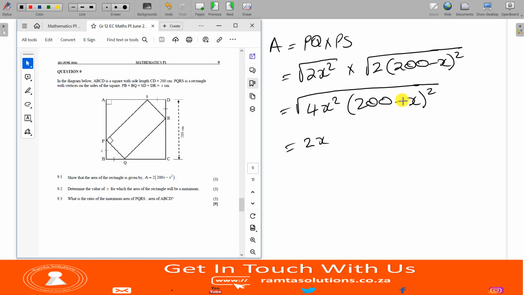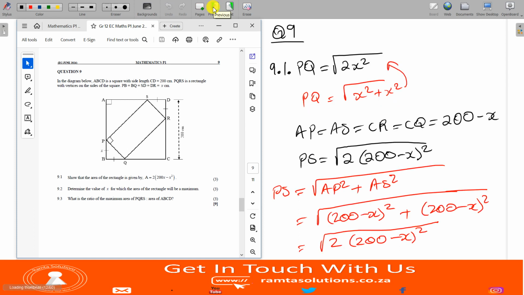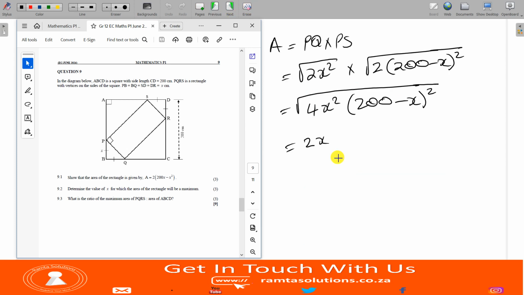what is this? Let me check something here. Okay, minus. Okay, minus. Right, I think it's okay. It's perfect. Yes, it's perfect. Now, square root of 200 minus x all square, the square will be killed by that. So what are we left with? We are left with,